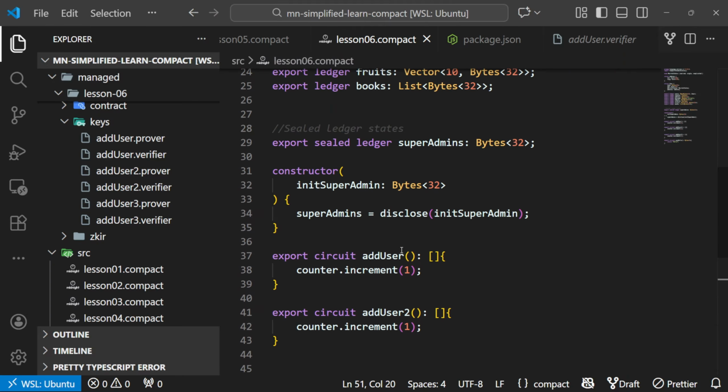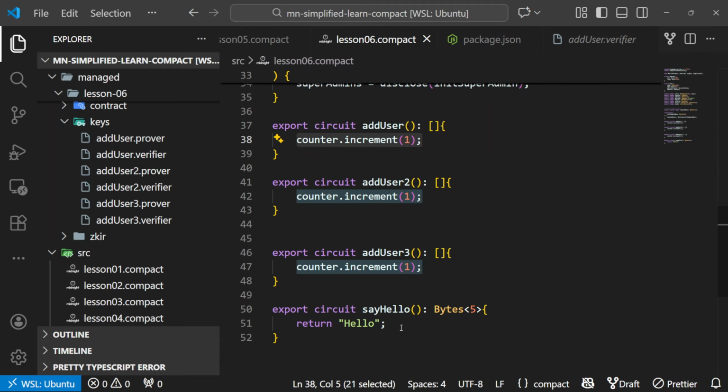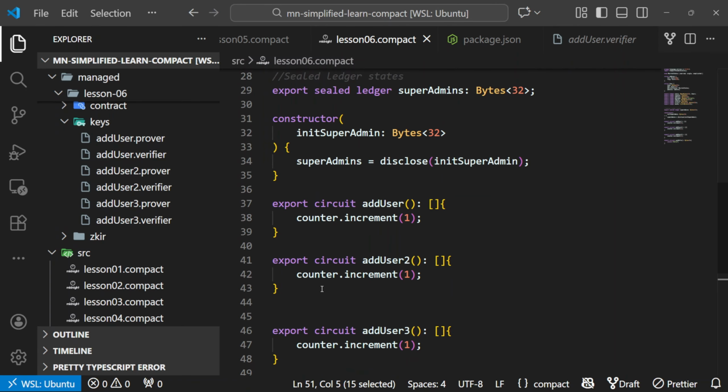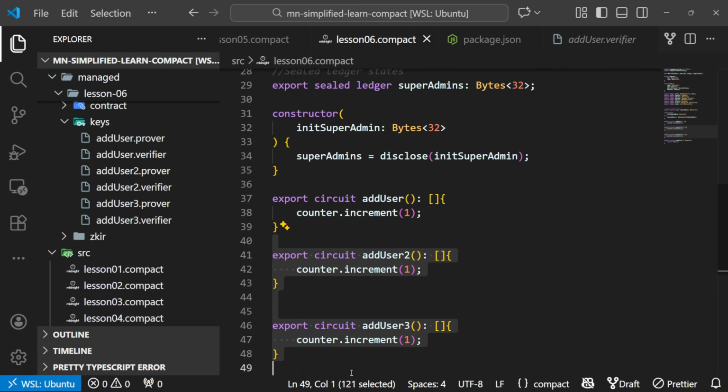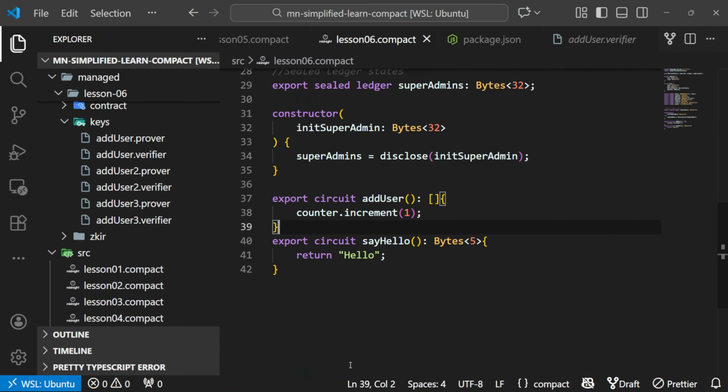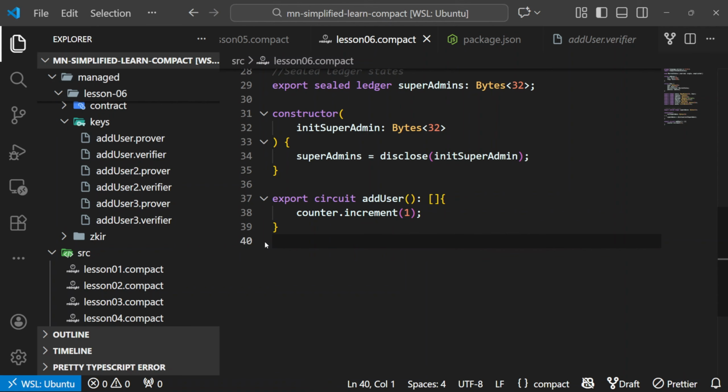That's what I want us to understand. There are impure circuits, those that modify the contract state, the ledger state, and those that do not modify the ledger state, which are called pure circuits. So in our case, let's actually write logic to add a new user, so at least it's kind of more practical. So to add a new user,